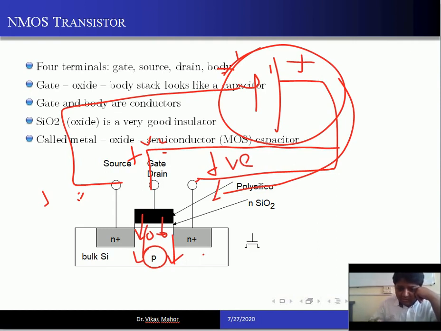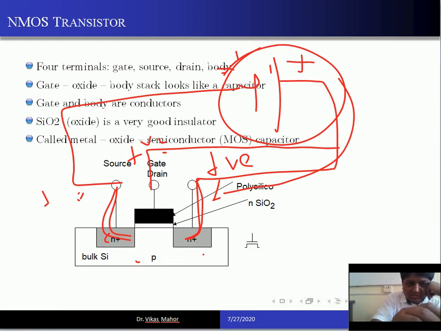No, because for the purpose of conduction, what should be here? There should be electrons. Then only a layer will be formed. Then only a path will be formed. This is also electrons. This is full of electrons. This should also have electrons. Then only it will make conduction. Fine. Currently, does it have electrons? No. It has holes, which are repelled downwards. Fine. So it won't conduct. Till now, it won't conduct.